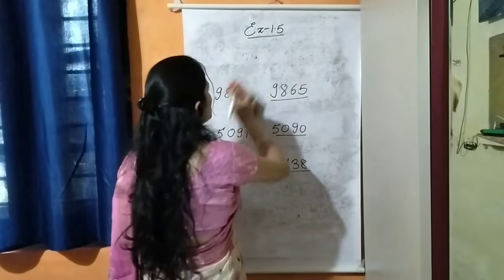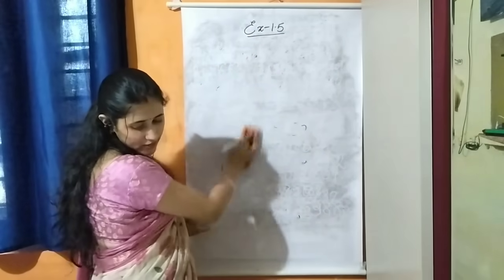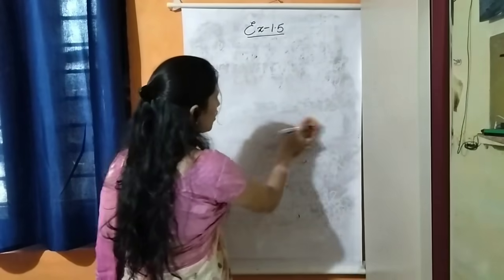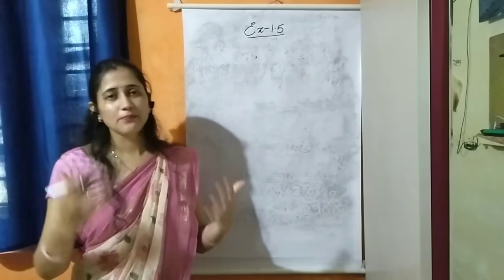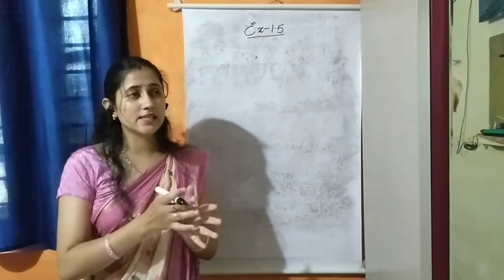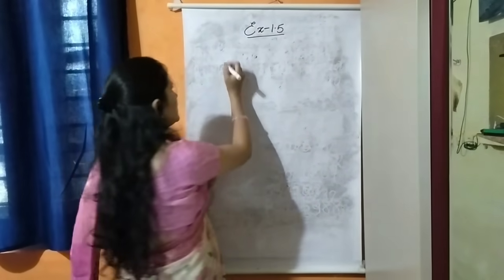Okay, so our next question is, encircle the even numbers and underline the odd numbers. Okay, before doing this question, students, I will explain to you what is an odd number and what is an even number. Okay, so even number,